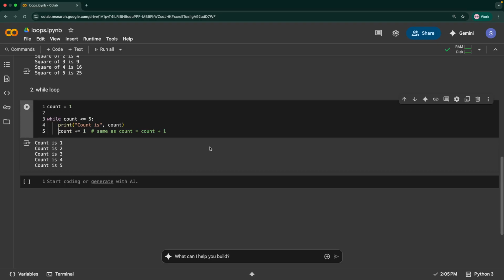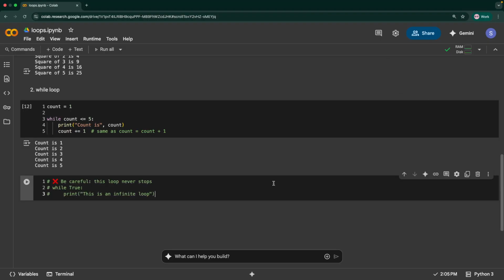So if you forget to update the condition, the loop will run forever, and this leads to a problem called an infinite loop. I'll give you the code, but please don't run this, or even if you are running this, run it on Google Colab, not on your system, because it would crash it. It's a never ending loop and it's going to consume the resources and so on. So I've commented this code out, just to say that you shouldn't run this.